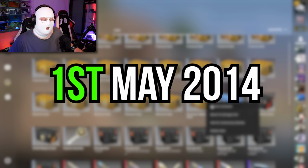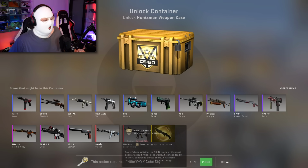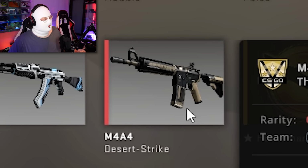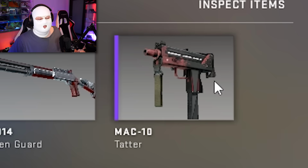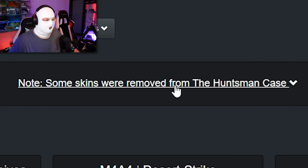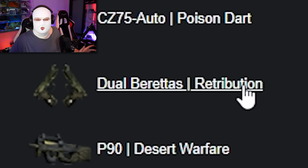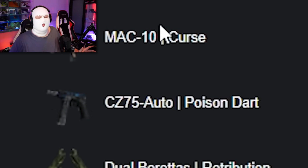On the 1st of May 2014, the Huntsman Case is released. And today, the Huntsman Case looks like this. You all know and love the AK Vulcan, we have the M4 Desert Strike, the USP Cayman, the Mac 10 Tatter, etc. But that's not at all what it looked like back when it was released. Back then, it actually had many other skins. As you can see, some skins were removed from the Huntsman Case, and that includes the P90 Desert Warfare, Dual Berettas Retribution, CZ Poison Dart, Mac 10 Curse, USP Orion, but the biggest problem in that whole case was the